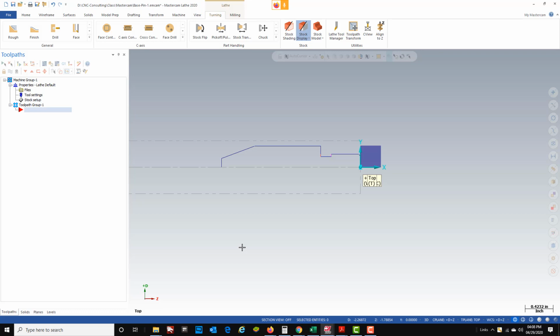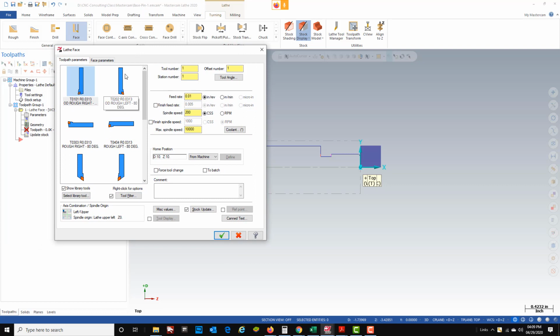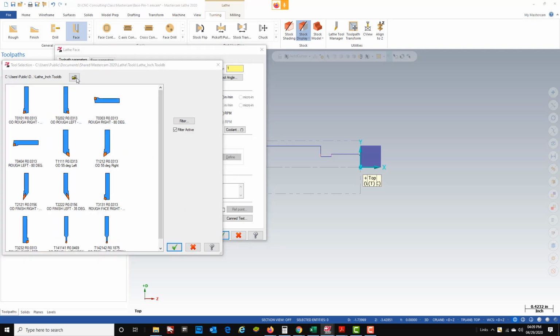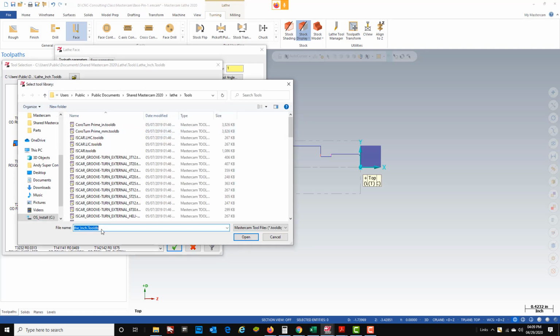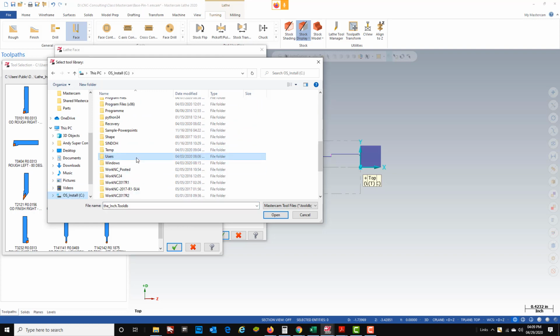Now our very first program is going to be a facing program. So under the toolpaths tab, we're just going to select facing. Now here's where you're going to have to go into that folder that you downloaded for our tools. I don't want to use Mastercam's generic tools at this point. I want to use the tools that are in my lathe. So I'm going to select tool from library, and then I'm going to come up to this folder button, and I'm going to go find wherever I put that in my computer. It doesn't matter where you put it. If you want to put that folder on your desktop or in your C drive, I keep mine right in my C drive, and it's called